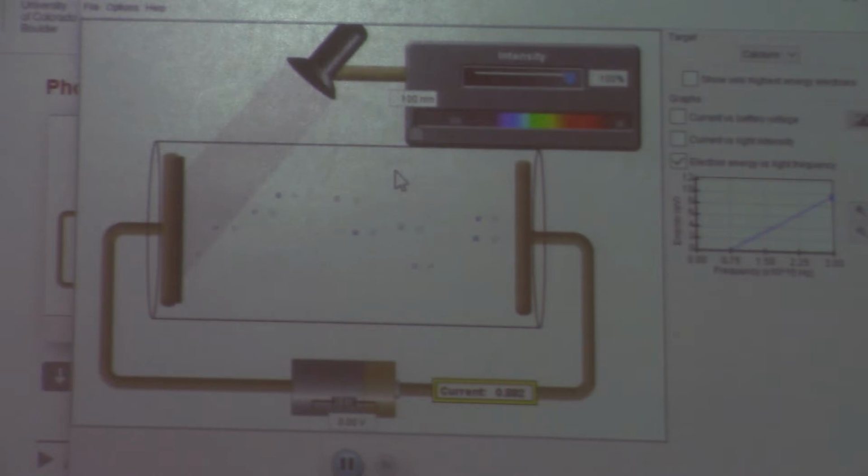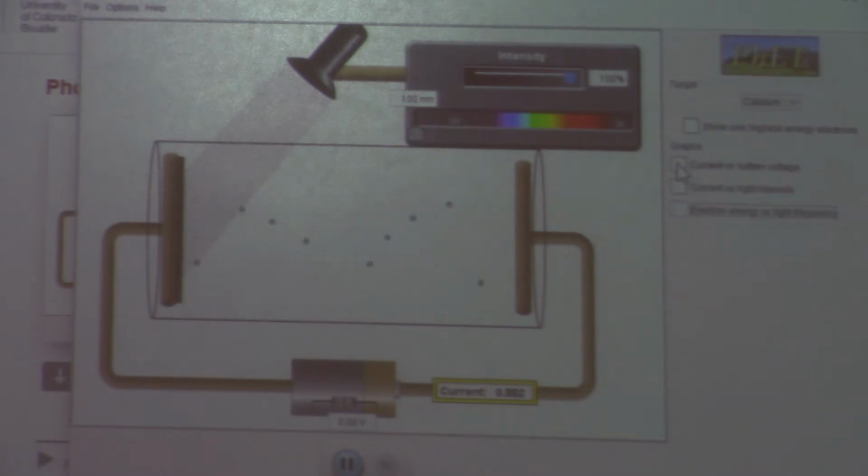Now, on 33. So, now we're going to check the energy versus light frequency. And now, what's happening on 33, ideally you would predict the slope, the shape of a current versus battery voltage using sodium, assuming the wavelength is 330, and the voltage would go from negative 6 to positive 6. So, ideally what I'd want you to see